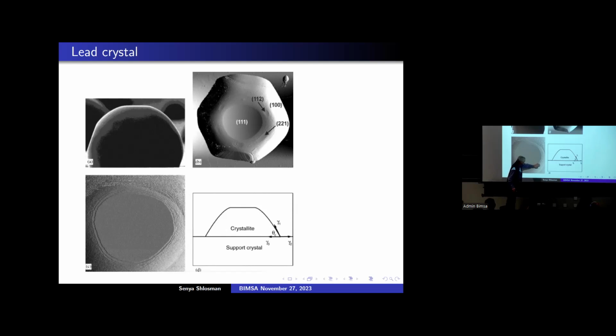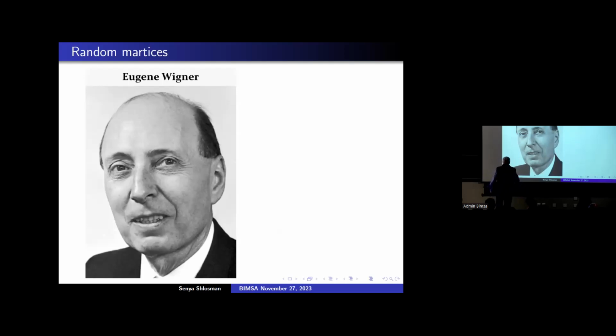So this is the region that we will be interested in studying in my talk. Okay, so good. This is exactly what I want to study: what's the geometry of this droplet. And now I go to random matrices, which in a sense provides an answer to some of the questions I'm going to discuss. This is a creator of this branch of math, Eugen Wigner, a Nobel Prize winner in physics.